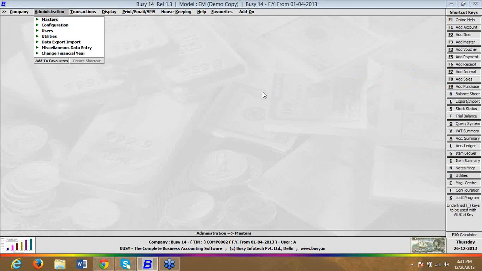So today we are going to do the third and the last webinar of the BG 14. The topics that we are going to cover today are the final account configuration, how we can design the final account structure, both balance sheet and P&L using the BG 14, setting of date-wise pricing in item master, setting opening branch-wise balance for the account master, and we'll see the option of multiplier in balance sheet,